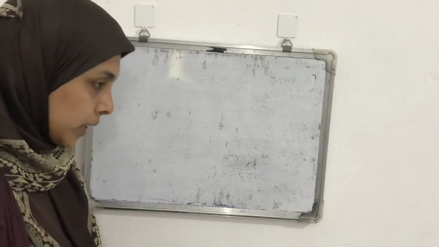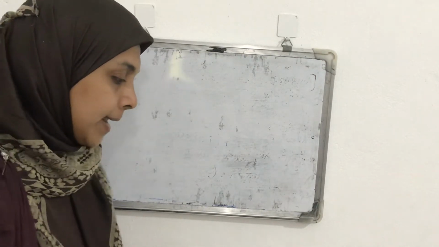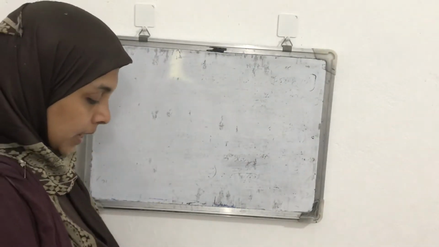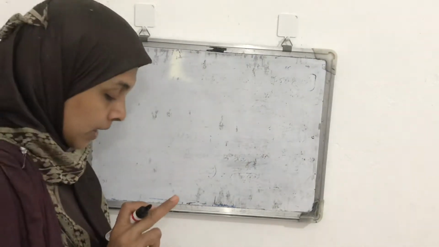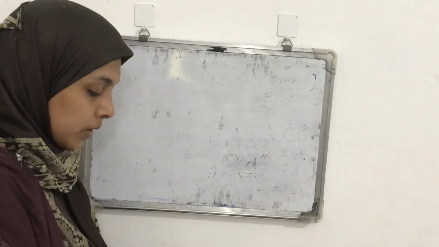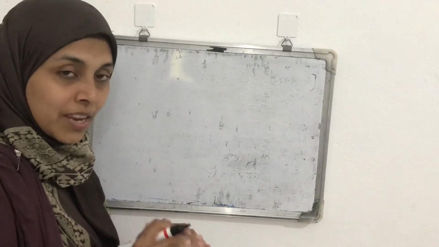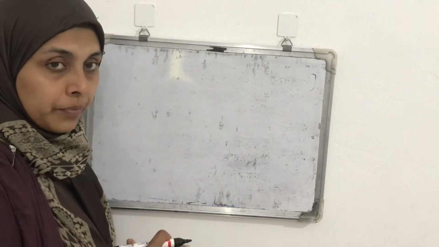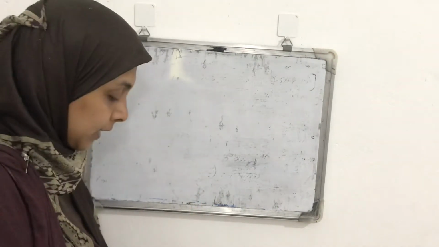Find the measure of each exterior angle of a regular polygon of 9 sides. Two questions are there. First one is with 9 sides. So how can we find out the measure of each exterior angle if it has 9 sides? Here also we can use the exterior angle sum property. The sum of the exterior angles of any polygon will be 360 degree.